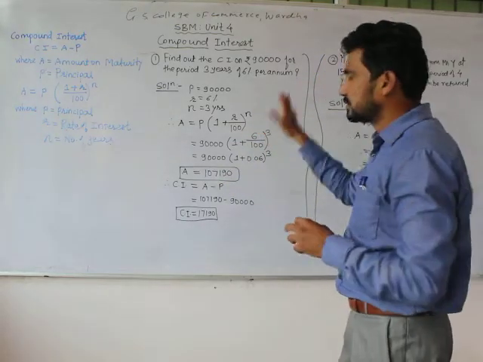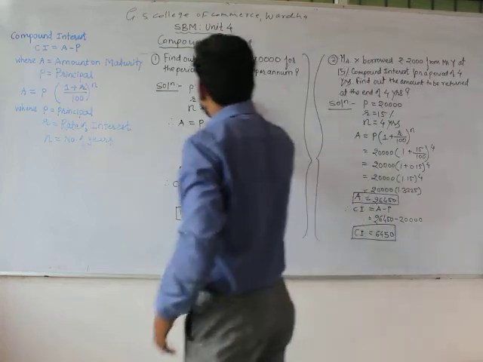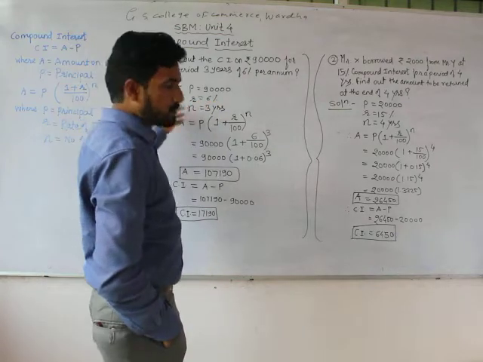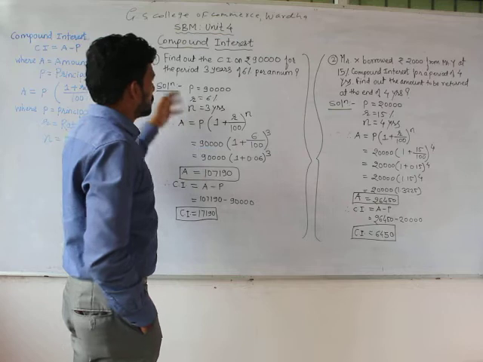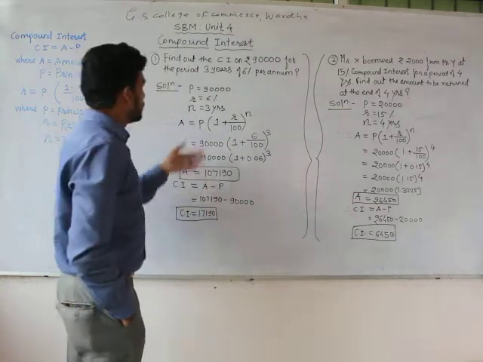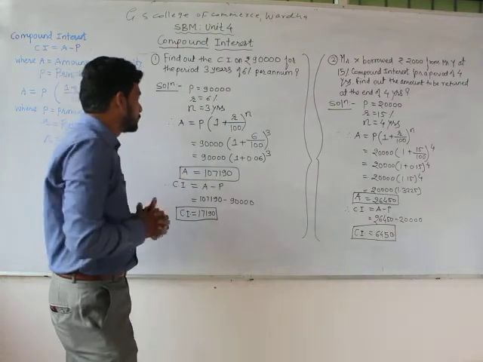So first we will write the things that we have in the formula. P equals 90,000, that is the principal. Then R equals 6%, that is the rate of interest of the compound interest, and N equals 3 years. The loan is for a duration of 3 years. So this is the information which has been given in the problem. We will put that information in our formula.